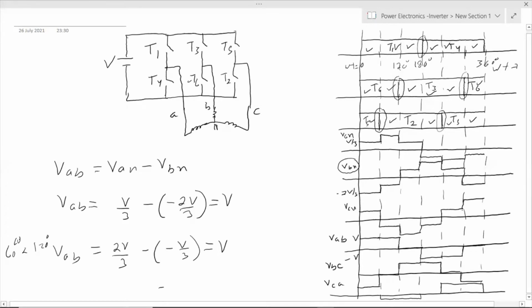And the switching is explained here. So just see, in your single phase inverter, the full bridge circuit, the maximum V voltage was coming for half of the cycle, and minus V was coming for the other half cycle. Here for 120-degree your line voltage is V, then it is becoming 0.